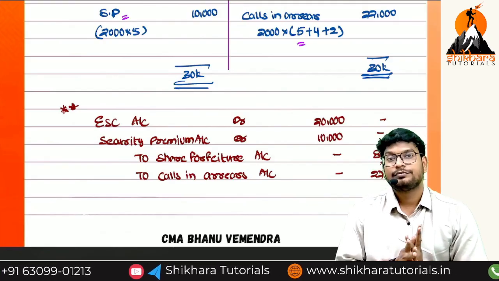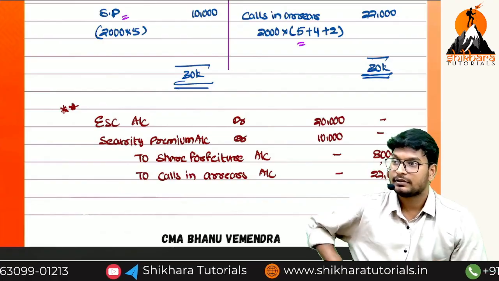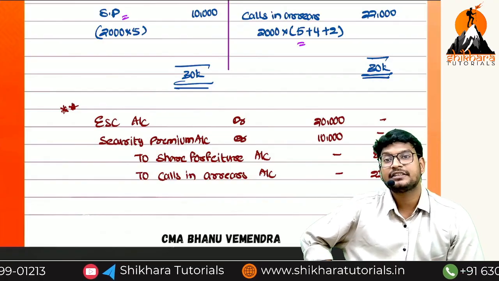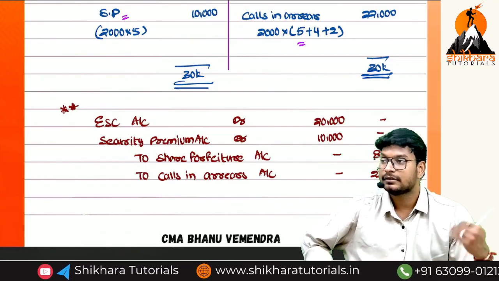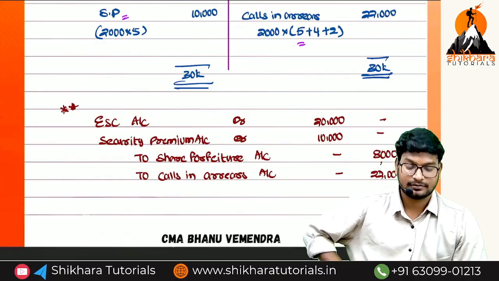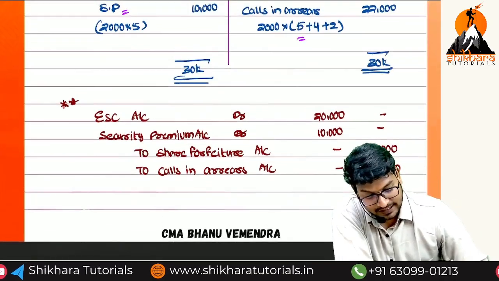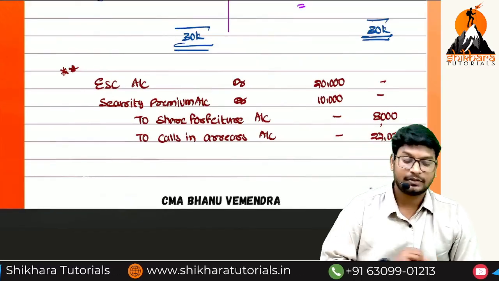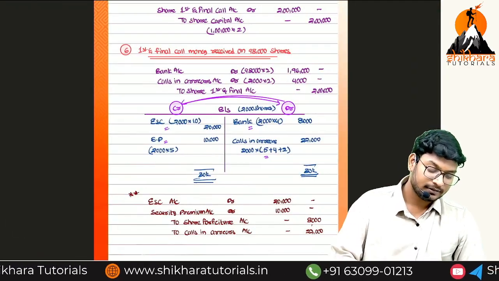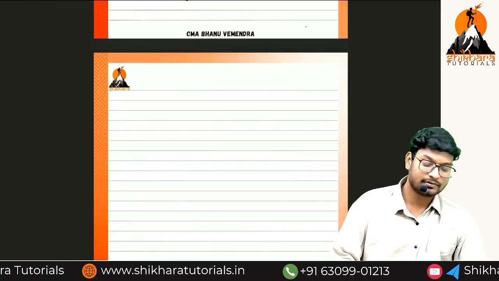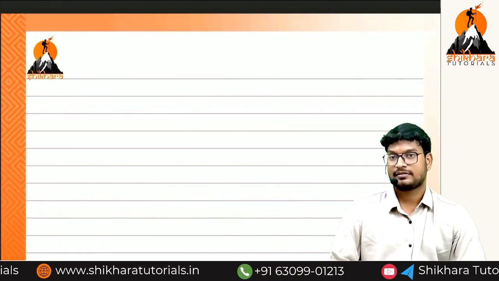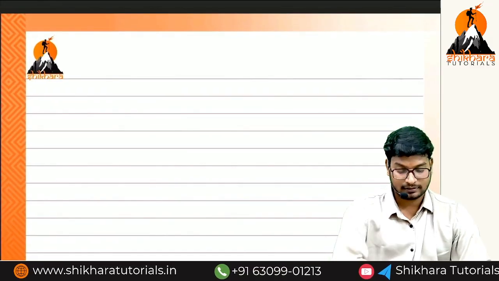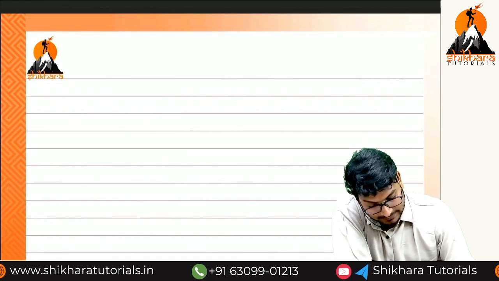Now, which one we need to discuss after this? We have to discuss if securities premium is received or not received. Not received we have seen. We are going to see what happens when it is received. The same example we are going to continue, but here Akash has paid the allotment also, but is unable to pay only the final call. Okay, now example number 2.